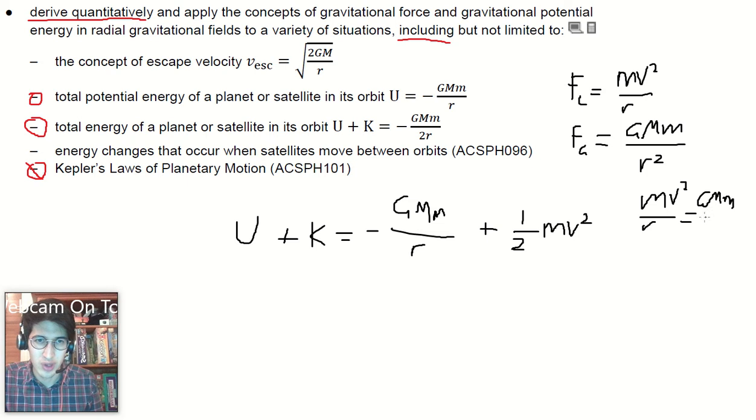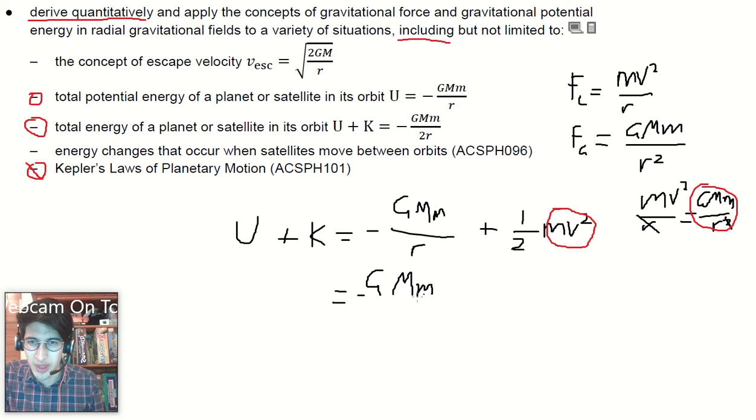GMm over r squared. Now we want to solve this for mv squared because that's what we can put over here. So r gets cancelled on this side, this squared gets cancelled on that side. mv squared is equal to GMm over r. So this mv squared, let's use a different color for clarity. This mv squared we're going to replace with this. So now we have U plus K is equal to negative GMm over R